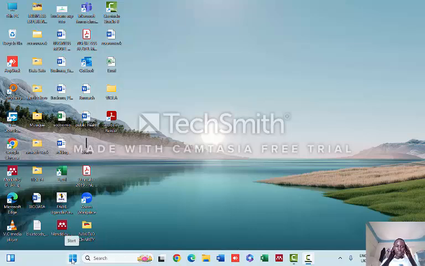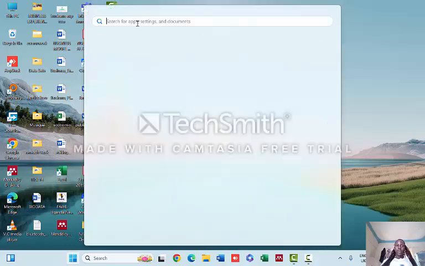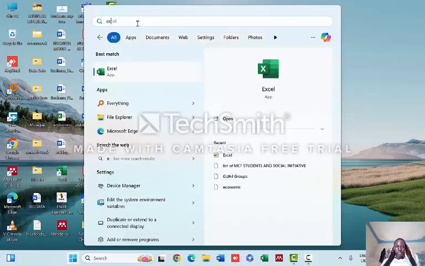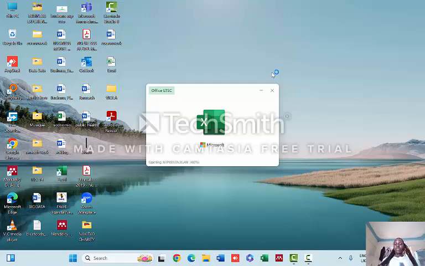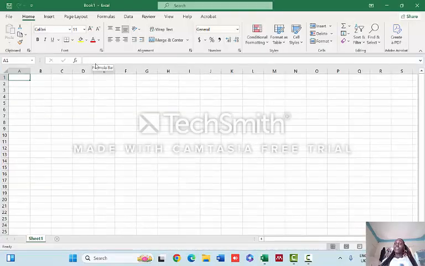You come here on this start icon, you tap on it once, and you see it brings this searching option. You type in the word Excel. You see it has brought it before I finish. So this is the Excel document. You tap on it once and it is opening. When it opens, you see that they are giving us this option of a new one. Since we need a new one, you tap on it and it will open. So this is our